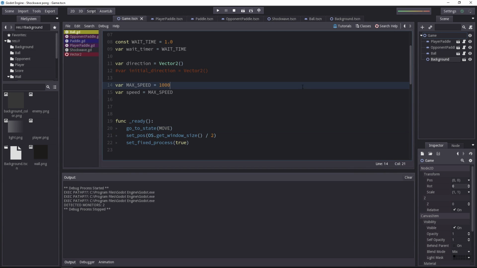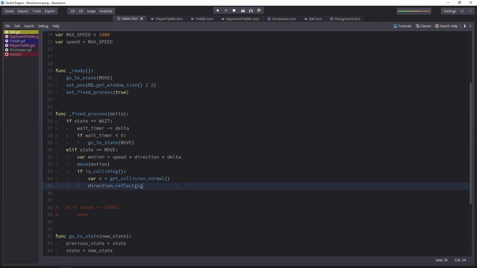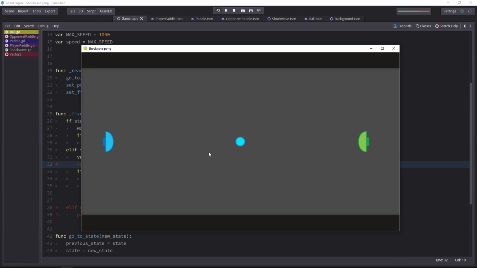Okay, it doesn't reflect. It stops against the collider. Why is that? Because we don't grab the movement remainder. Let's grab that. We want to reflect it, and the remaining move. We want to set the direction. I forgot to set the direction, but normally we want to reflect the part that was remaining from the